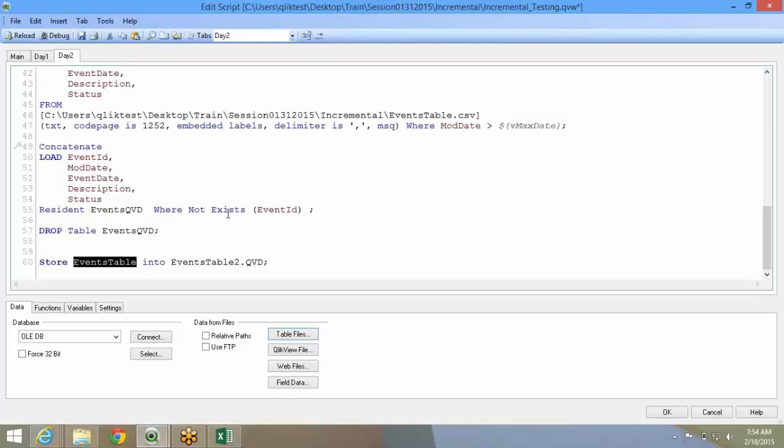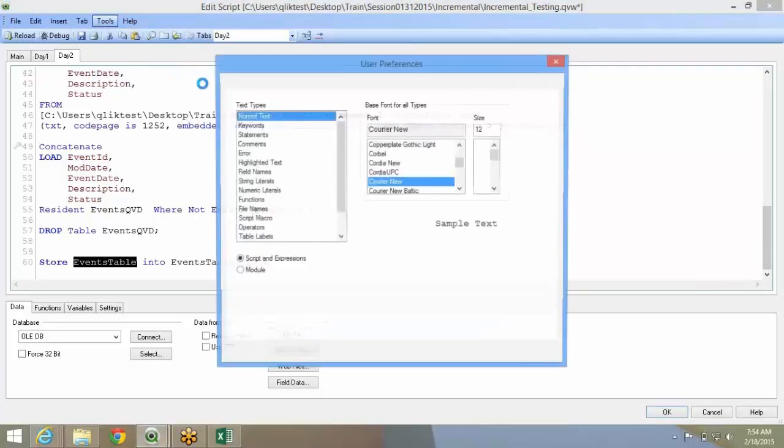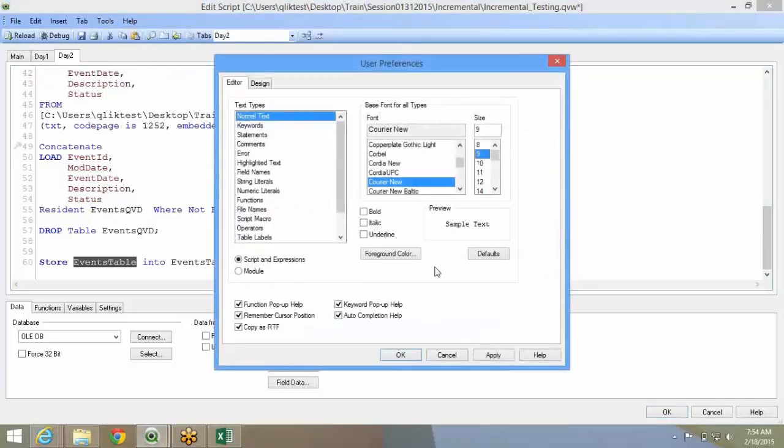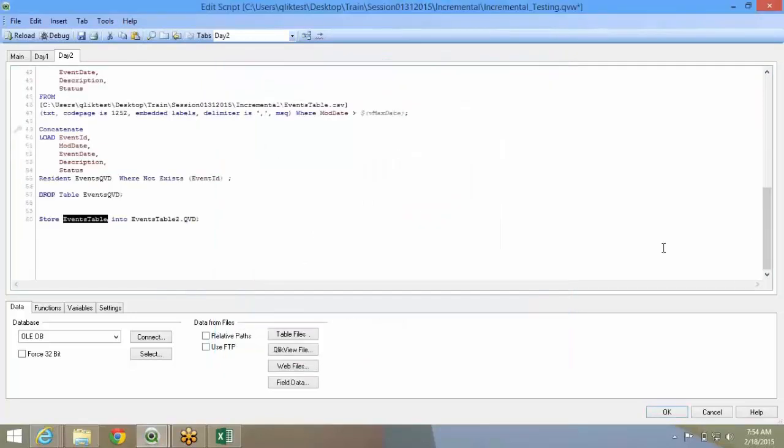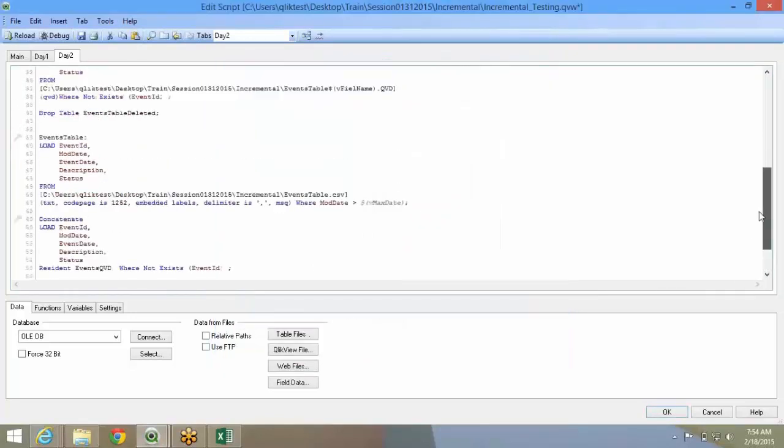I'll have to store events table. So I'm doing 4 times. I'm just gonna decrease the font for a couple of minutes so that you can get clarity as to what we are doing in the script. Okay. This I think is becoming very small.